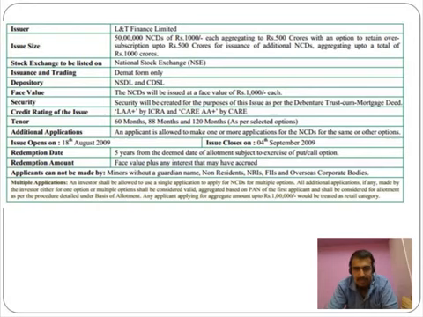Then additional application, okay, never mind that. The issue opens, they mentioned a date there. Redemption date 5 years from the deemed date of allotment, subject to the exercise of put option or call option. A put option gives the debenture holder the right to ask the company to repay their investment back. Let's say I've bought 10 bonds of Larsen & Toubro Finance Limited by investing 10,000 rupees. Now 5 years from now, that's 2019, I can tell Larsen & Toubro that I want my investment back by exercising my put option right. In the first case, a put option allows the debenture holder to request their money back.